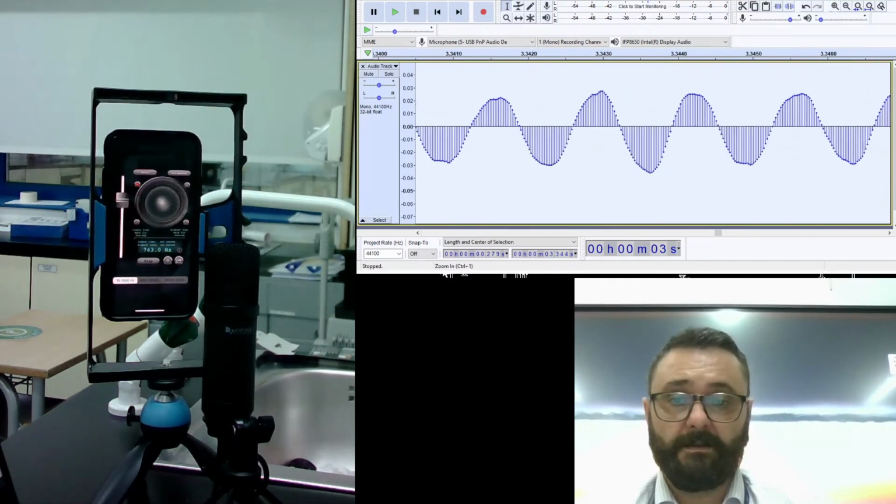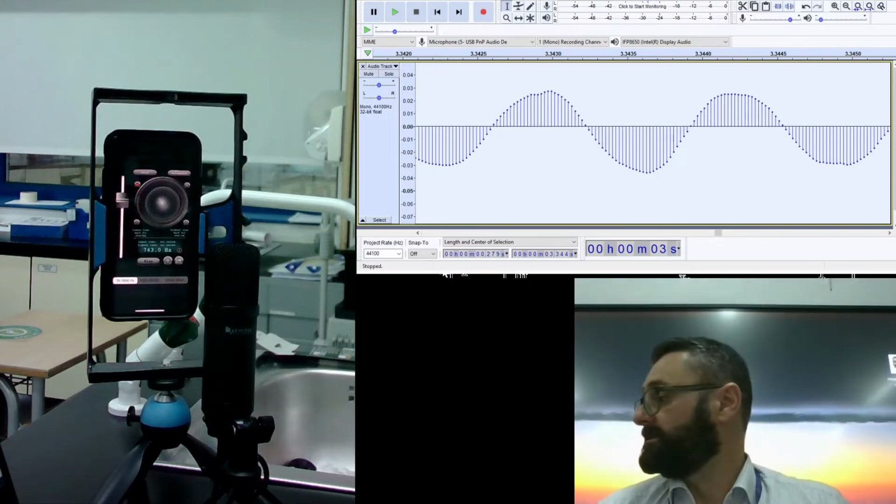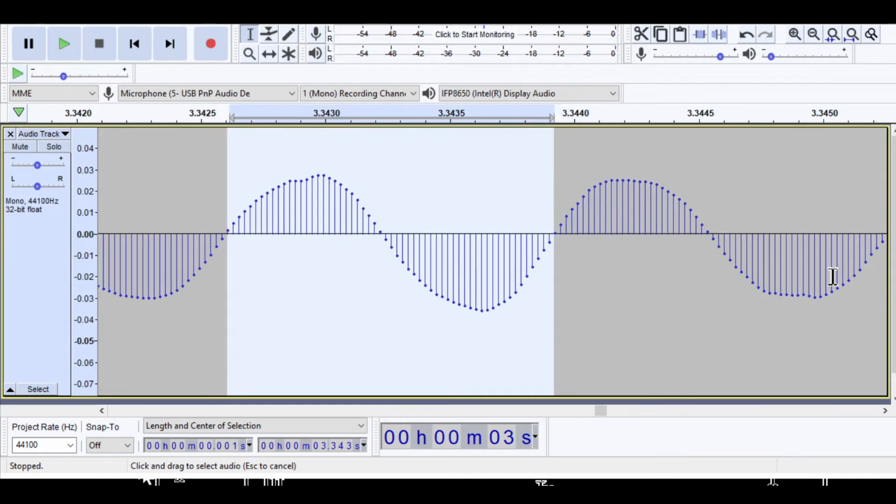Right, so there we have it. We want, again, the time period, don't we? So let's go from there to there. What sort of times are we looking at? Right, our T1 is looking like 0.3426. Our T2 is looking like 0.34